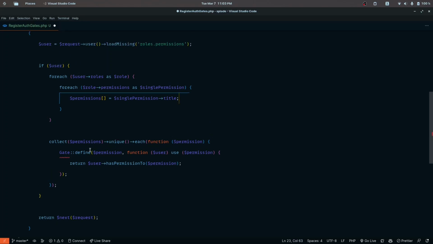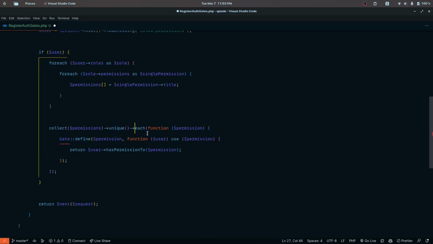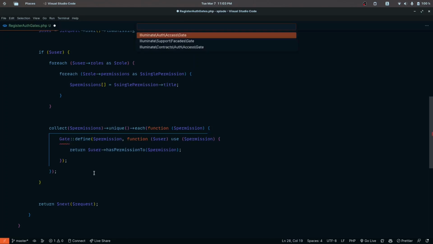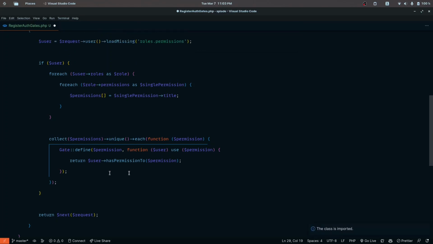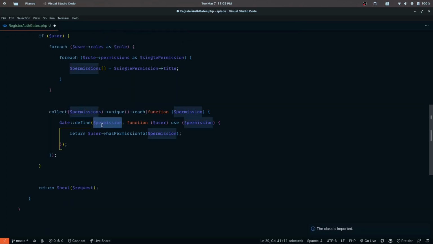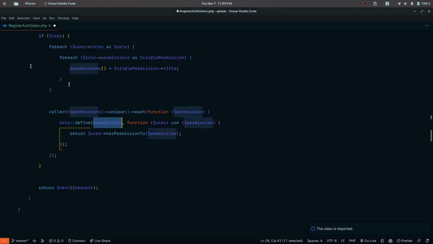So we are collecting the permissions and getting the unique items from that collection, and then to each of the permissions what we are doing is defining the gate for this. Let's import this, and the type is facades gate. So we are defining the permission with this specific name. Here what's going to happen is role create, role edit, role show. All of these names are going to be defined as new gates,